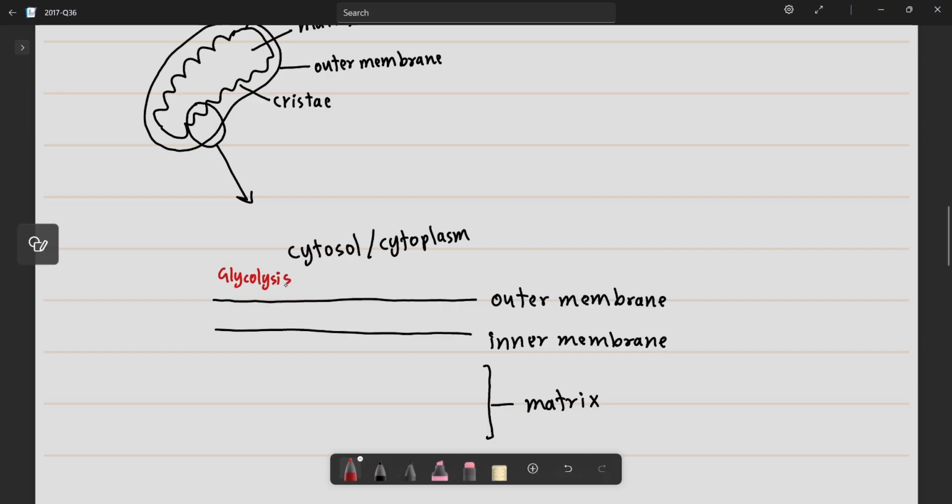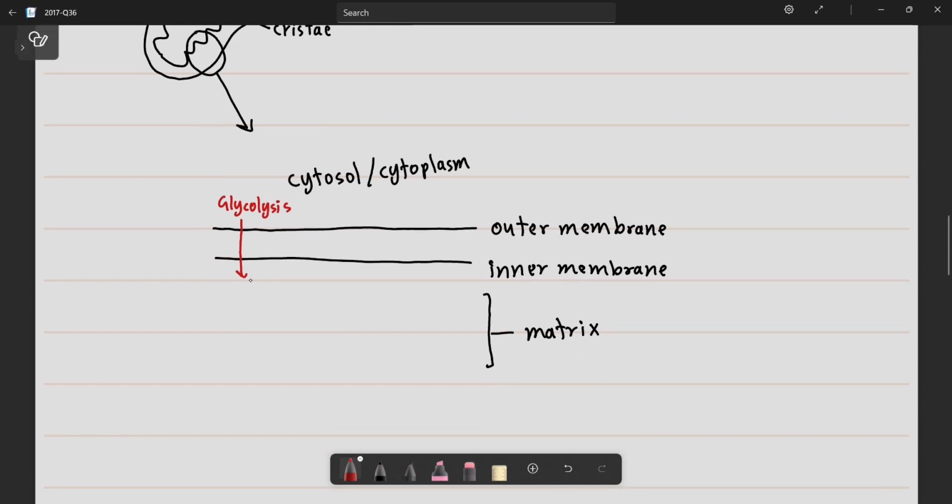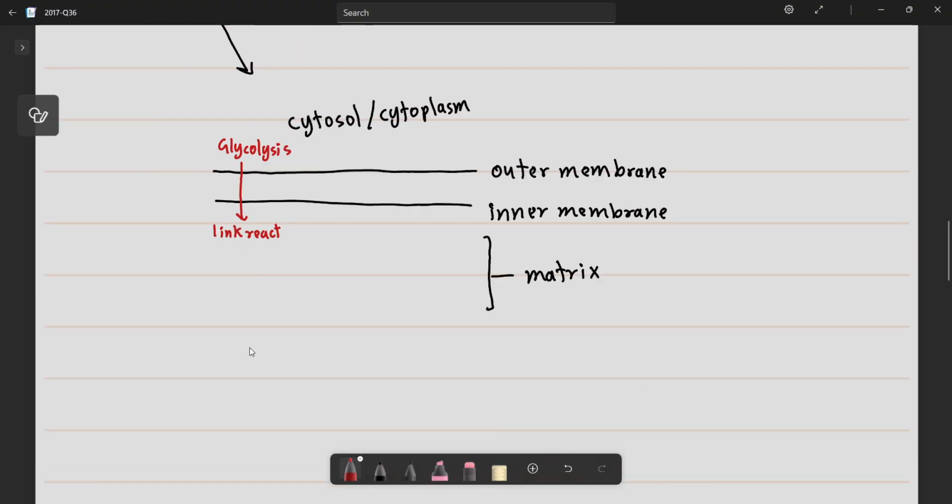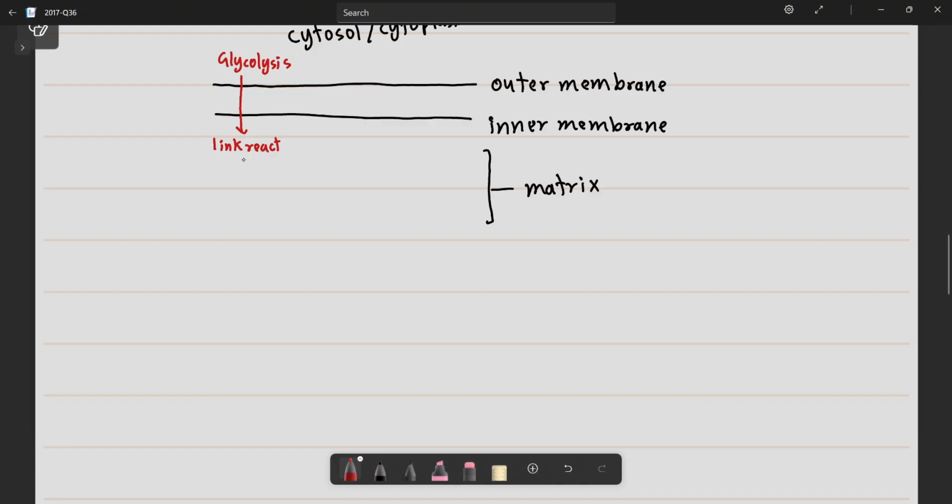Okay, so the product from glycolysis, which is the pyruvate, enters the matrix of the mitochondria, now entering into the reaction which we call the link reaction, or you can call it pyruvate decarboxylation. And the product of the pyruvate decarboxylation, which is acetyl CoA, is then fed into